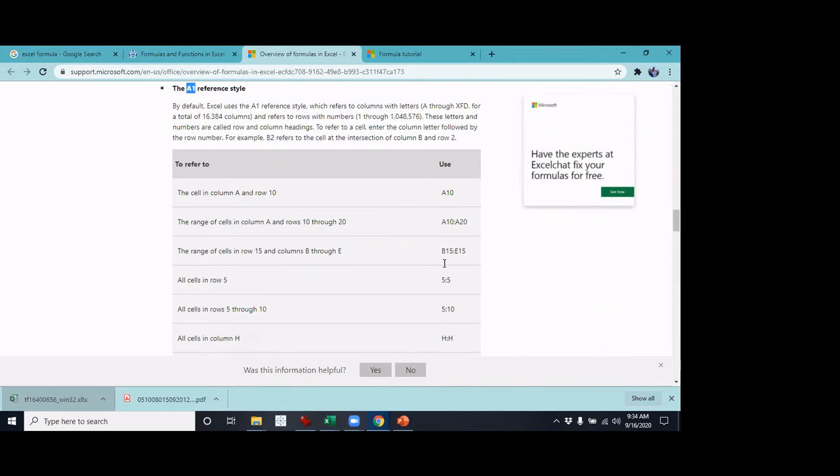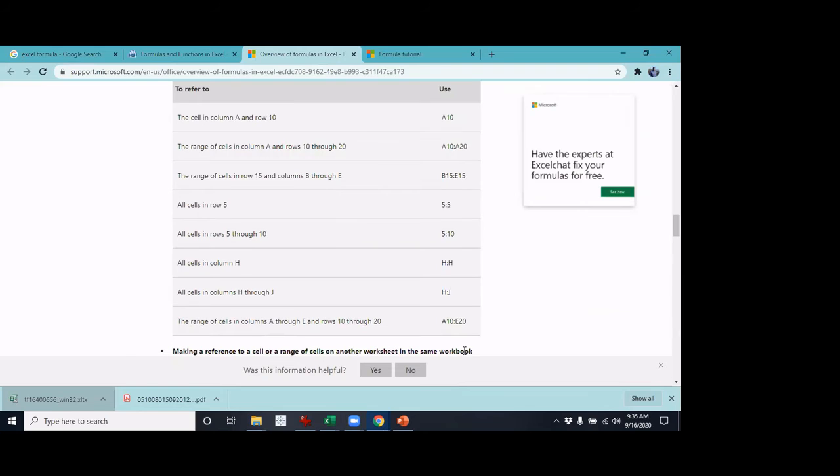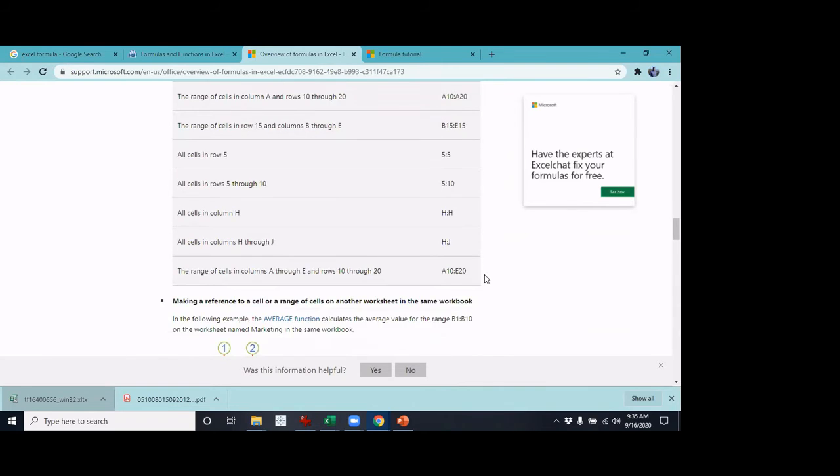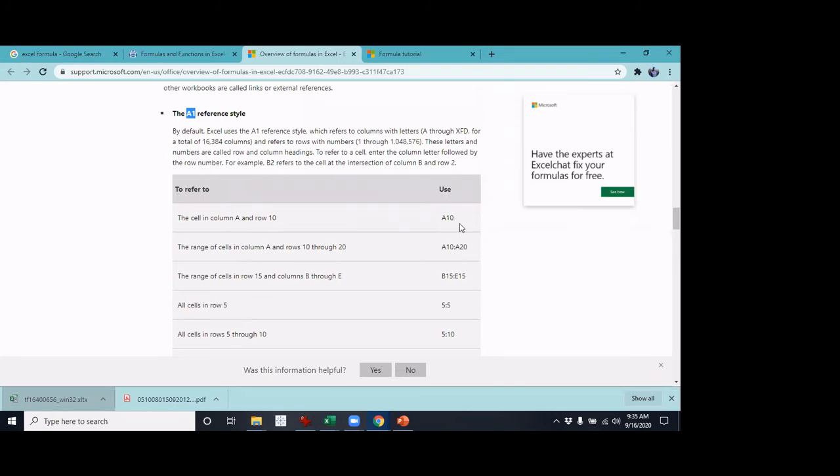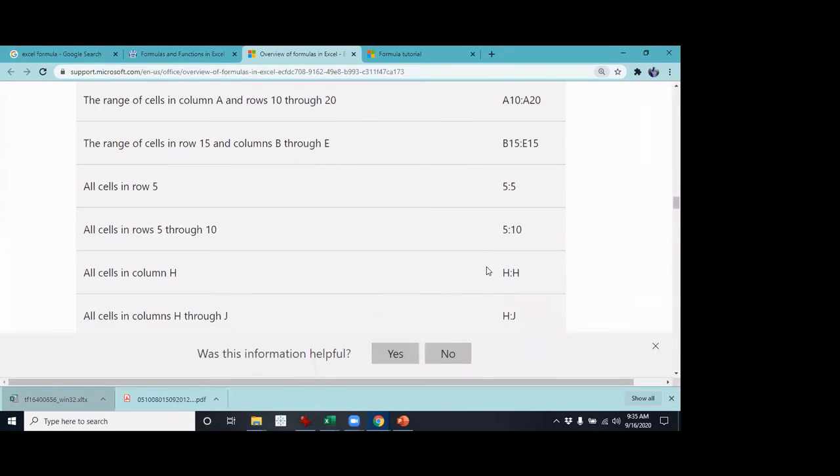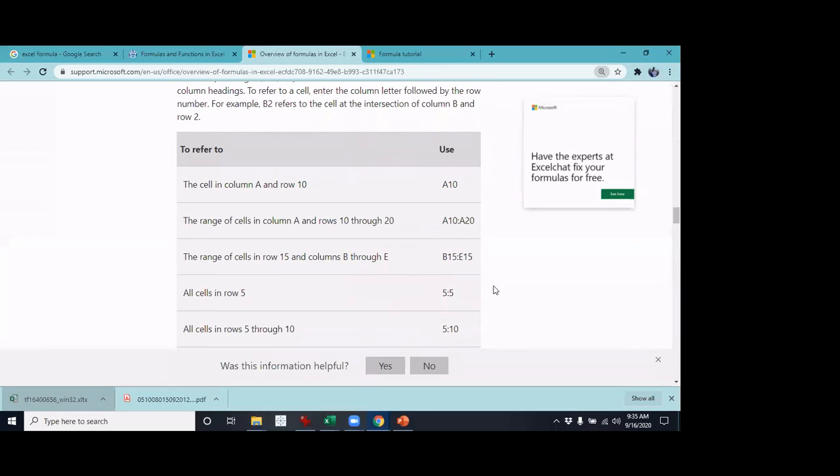And it's worth noting what each of these mean, because these are very interesting. So the simplest one is A10. It refers to A and 10, so column A, row 10. That is the cell it is referring to. So A10 to A20 translates to from A10 to A20. And just to be clear, let me expand this so that you guys can all see it in larger text. So there is a colon in between.